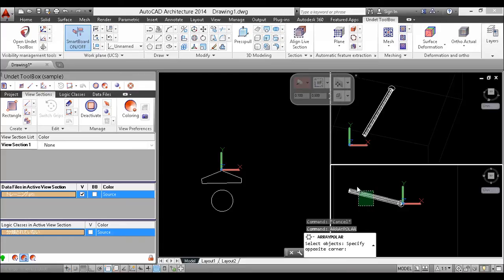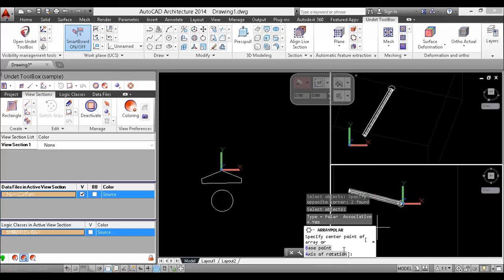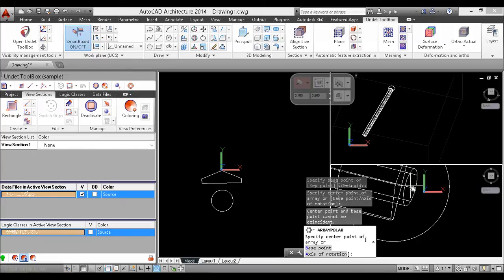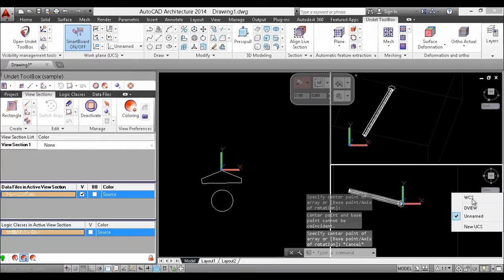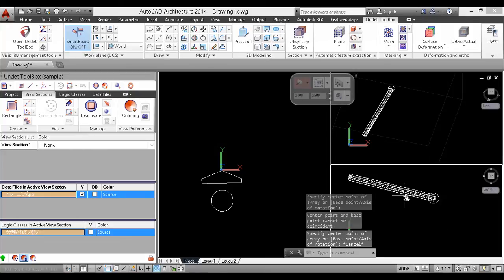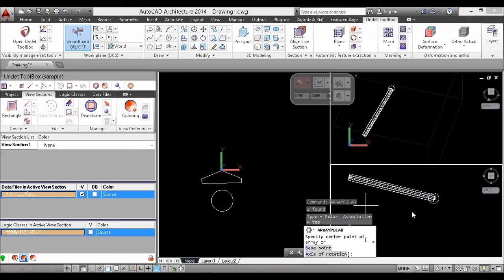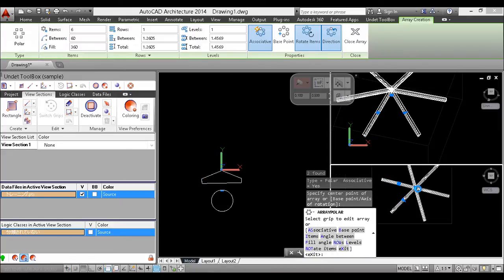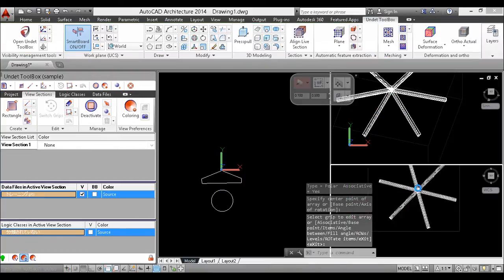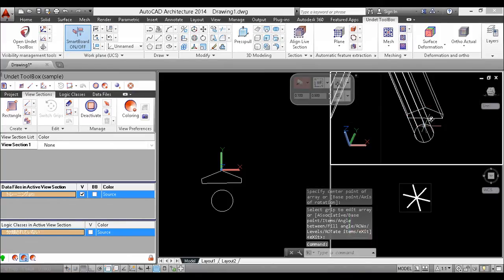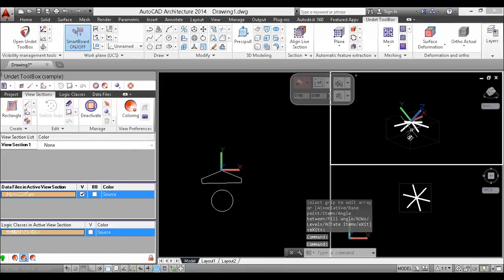polar. Yep. Let's select this object and define the base point, which is going to be over here. But just prior, I need to set the UCS to the world UCS. Once again, choose array polar and define the center to array. Okay, so we see I have just extracted one wooden beam with this profile and just arrayed it